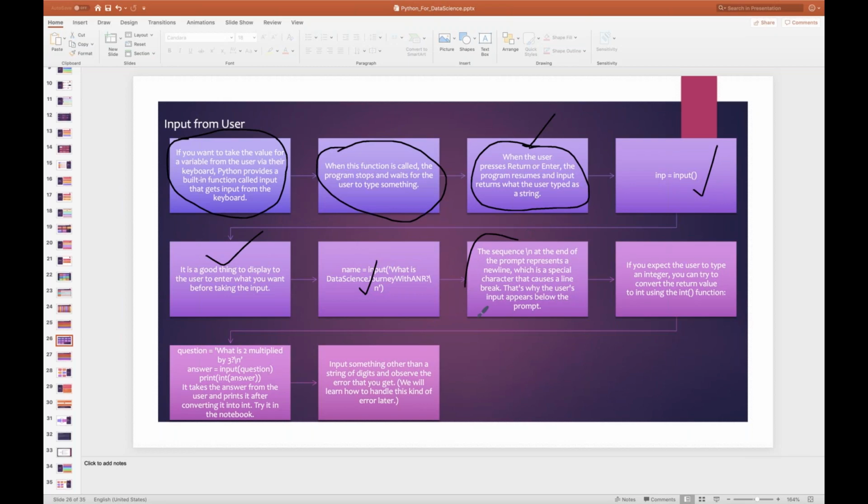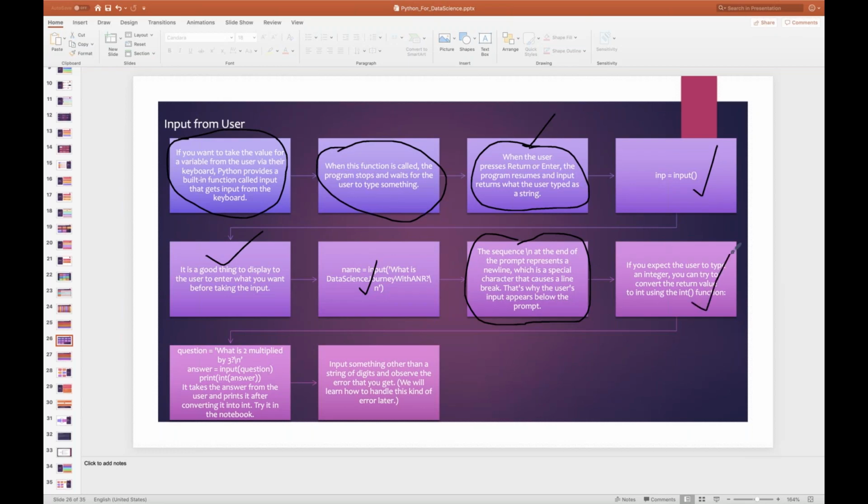The sequence \n at the end of the prompt represents a new line, which is a special character that causes a line break. That's why the user's input appears below the prompt. Let me show you practically.